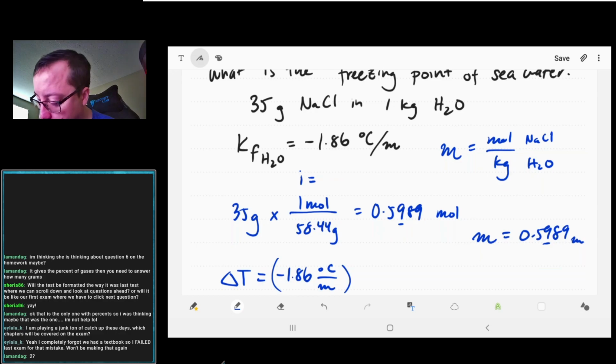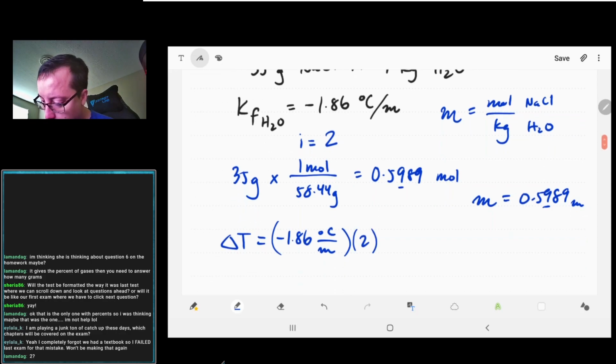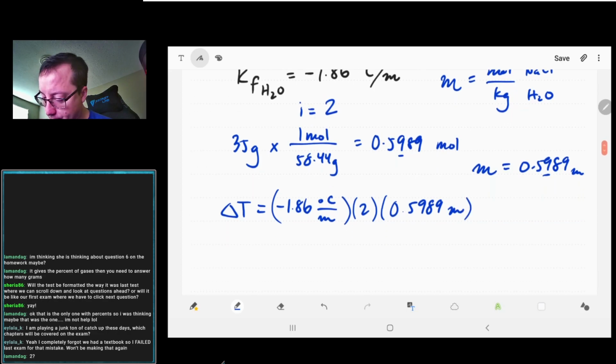Yeah, it's 2. Right? 1 sodium, 1 chloride, that's 2 things. And what's the last part, the molality? We have 0.5989 mole. And so, let's do the math. 1.86 times 2 times 0.5989